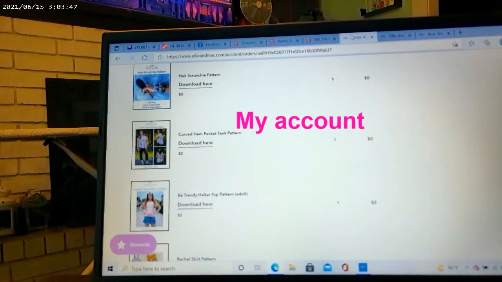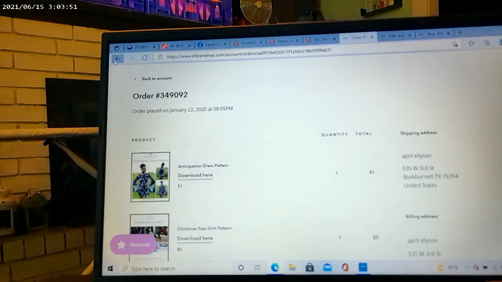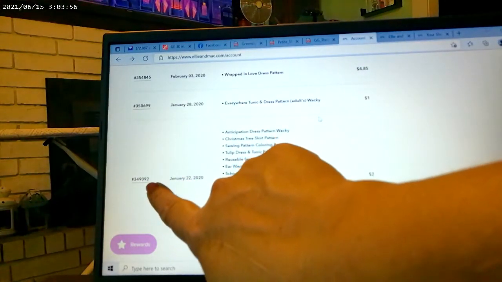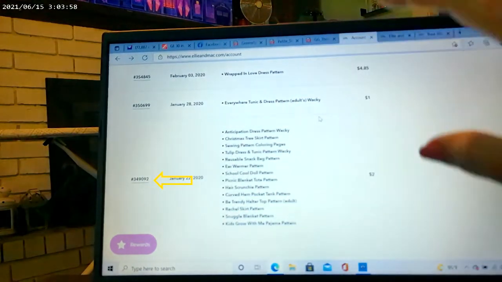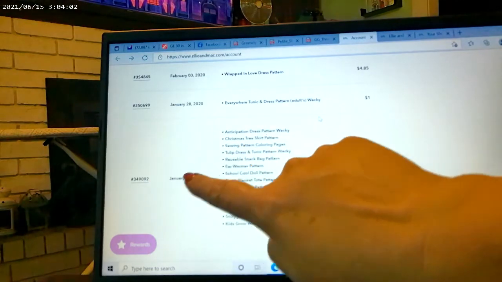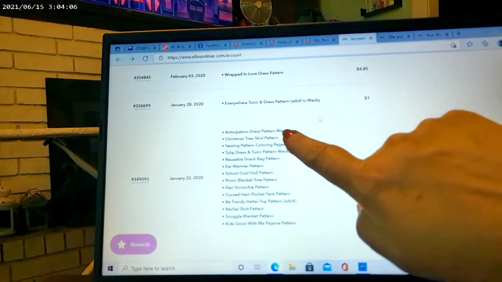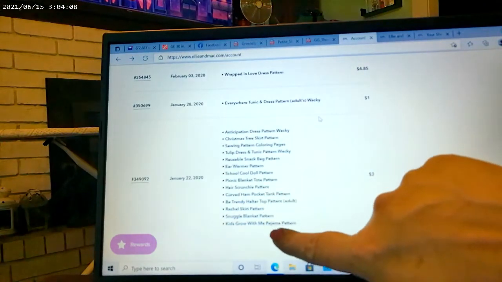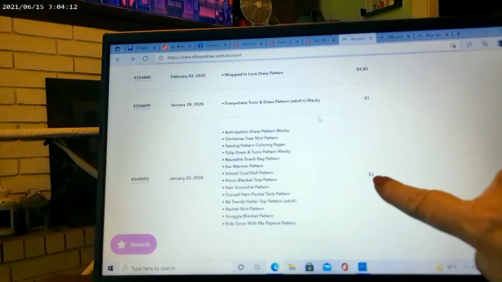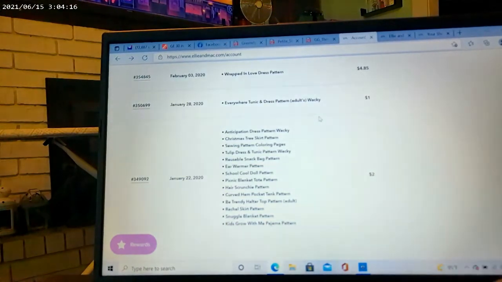on my list. So when you have it ordered, go back. It'll show you your order number, and this is on your account. I have tons of their patterns. This was actually on my first order. It'll show you your account number, and then it'll show you all the things that you bought. I had got all these free patterns, and I only paid $2 because 2 of them were on the dollar